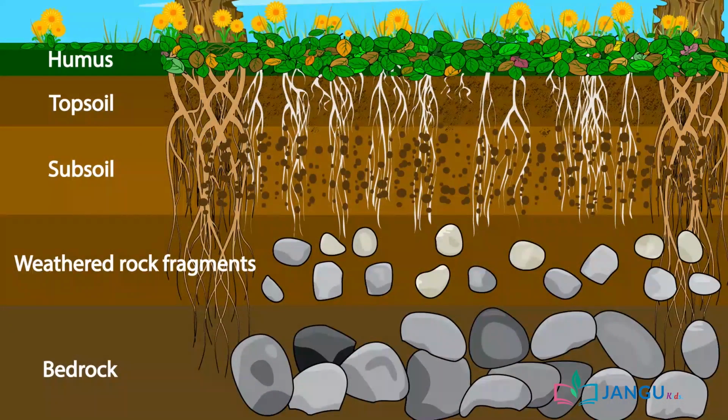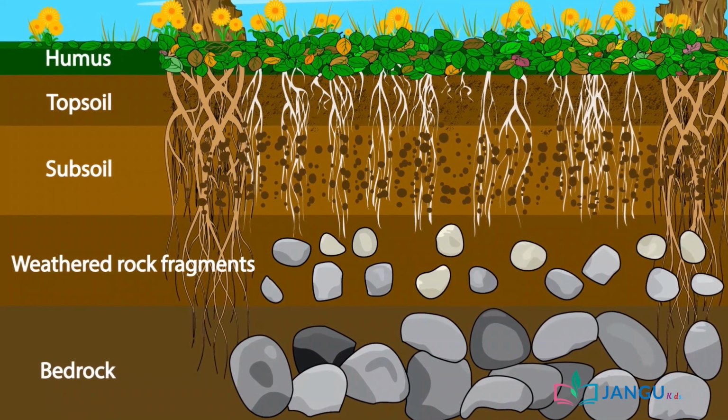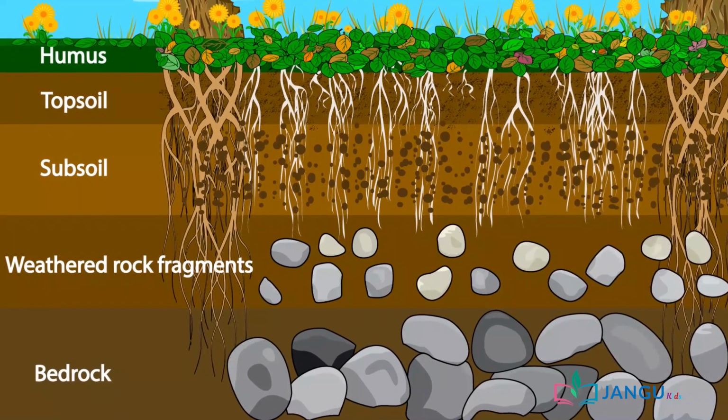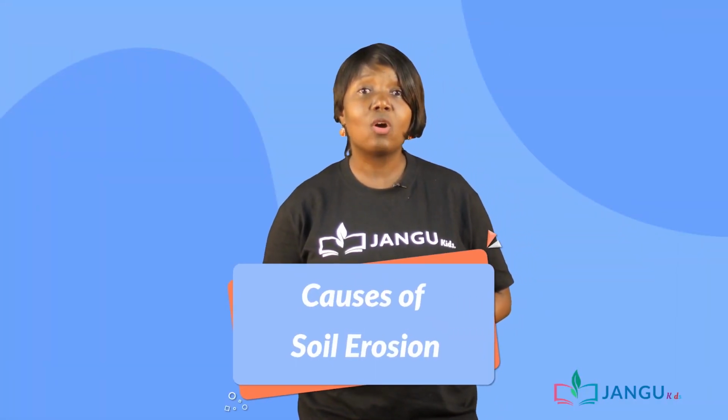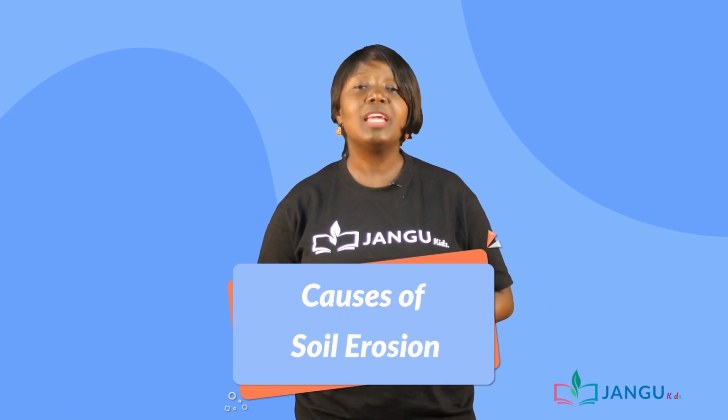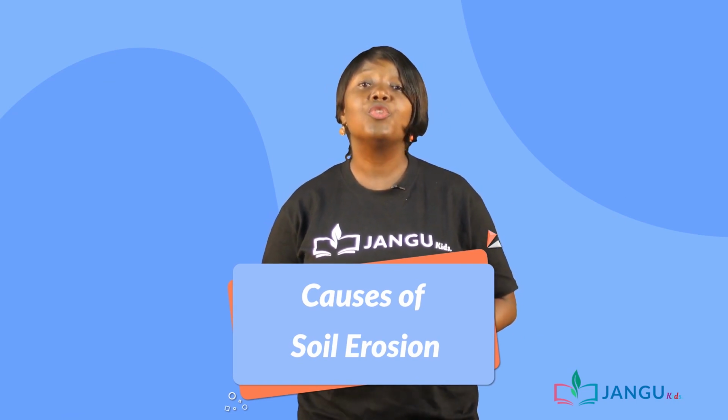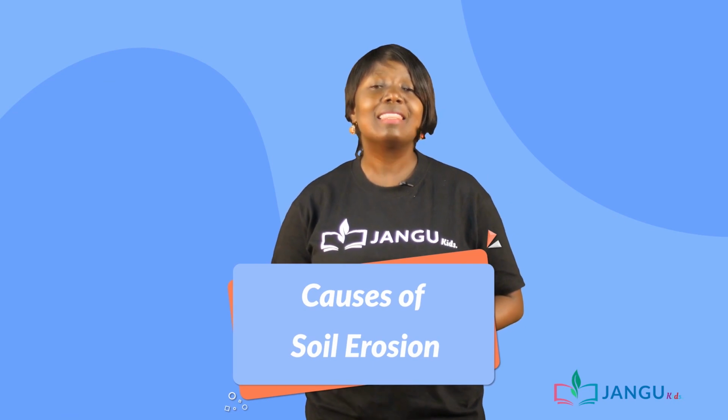The topsoil, which is the upper layer of the soil, contains the most nutrients, and it is very important to farming. The causes of soil erosion can be natural or through human activities, and they include